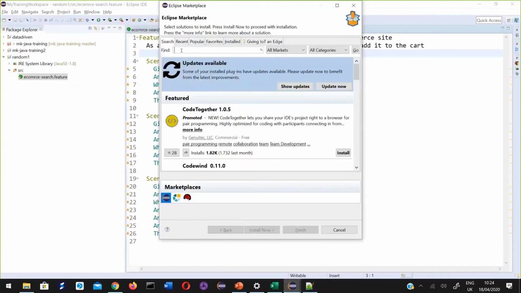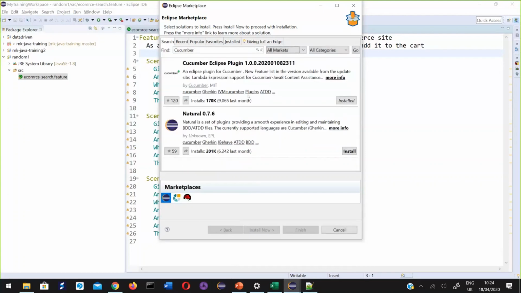Search for Cucumber. See, this Cucumber Eclipse plugin.